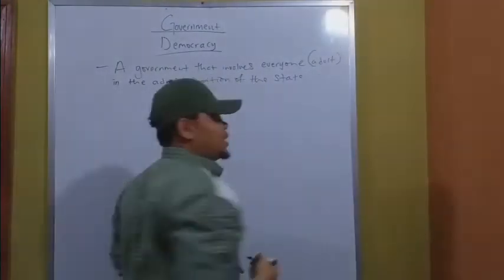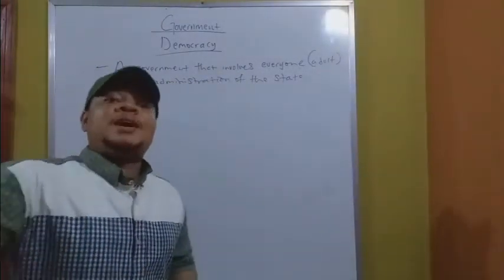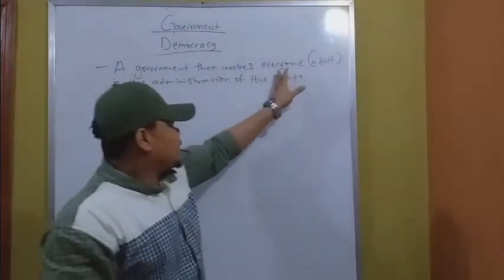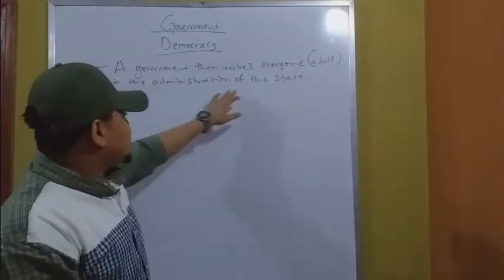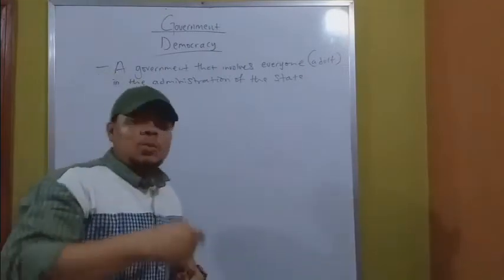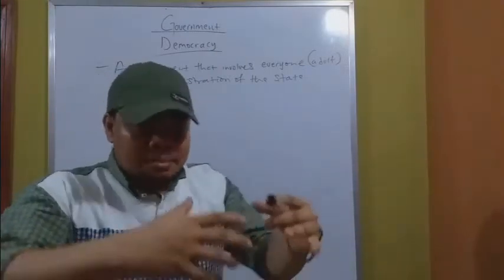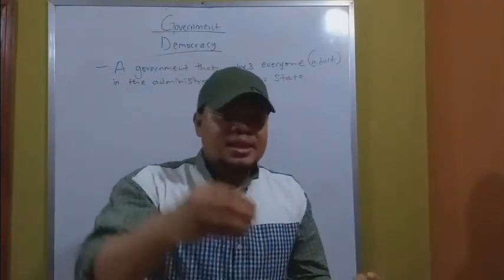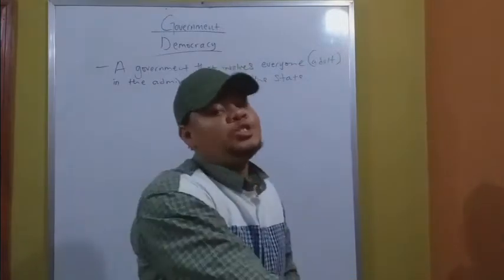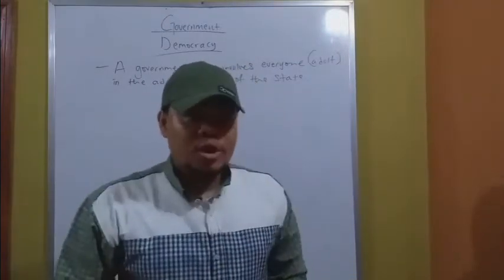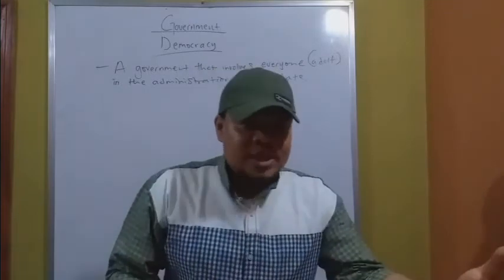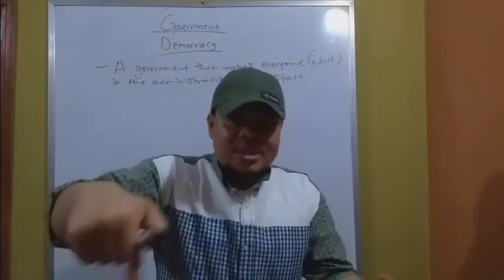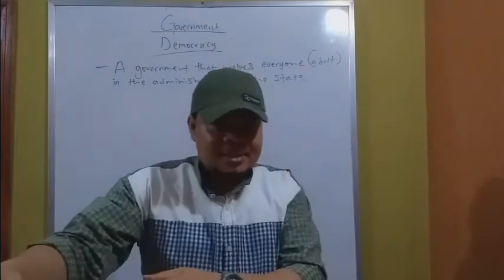Now, of course, children cannot be involved in governance, so we'll call it everyone here. We'll replace it with what? Adults in the administration of the state. But mind you, when laws are made by the majoritarian government, the government must consider the plight of children in the making of laws. So laws must also consider the welfare of children, even though children are not taking part in the governance of that state.